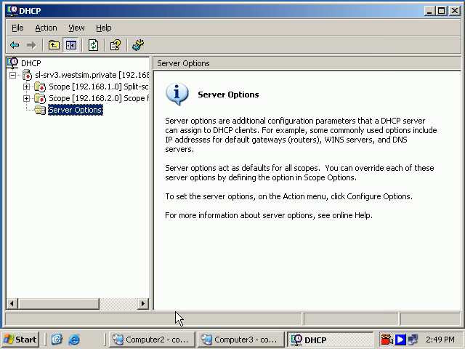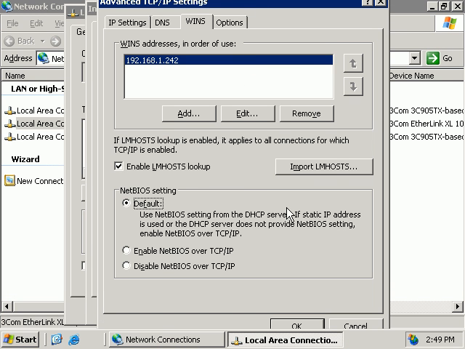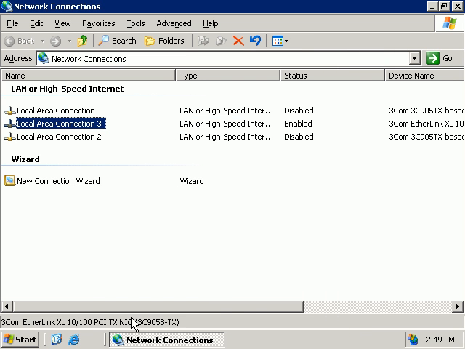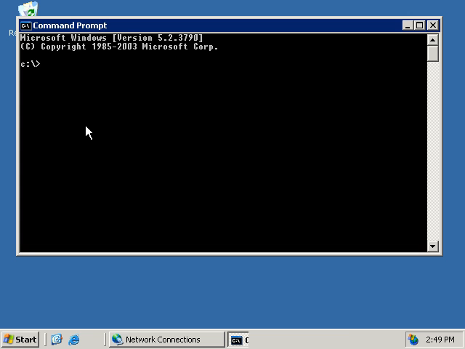So back to our WINS client here. So we've now registered this client. That is, we've pointed this client to use a particular IP address for WINS. So it'll register its records in WINS. And one final thing is, if we open up the command prompt, we can use the nbtstat